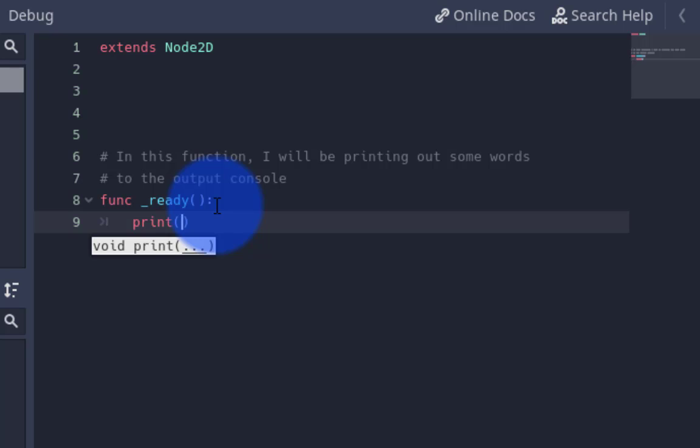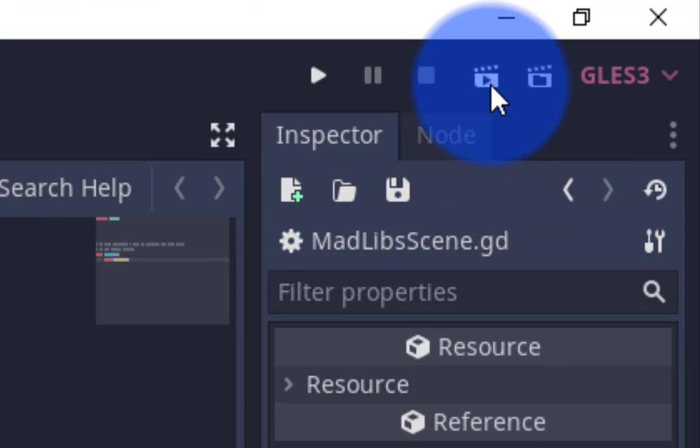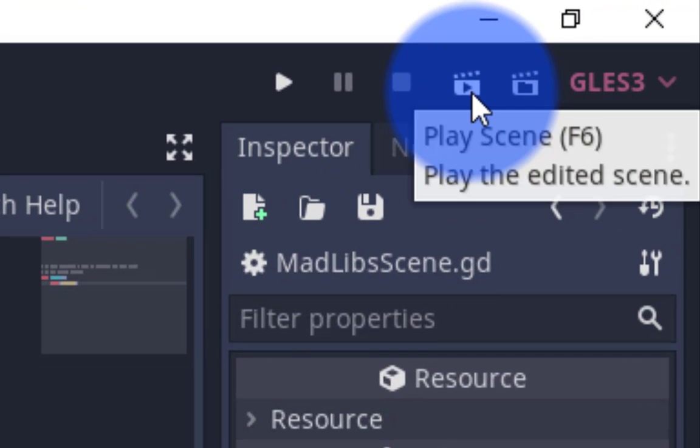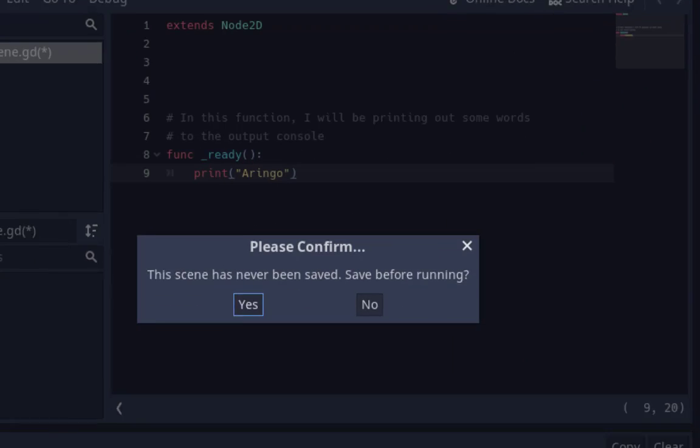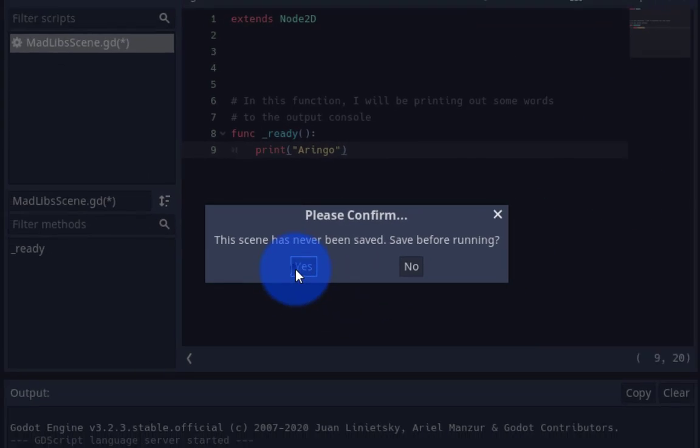For instance, if I want to place a string in there and I want to place my name, and I press play scene, or I can press F6 on my keyboard,